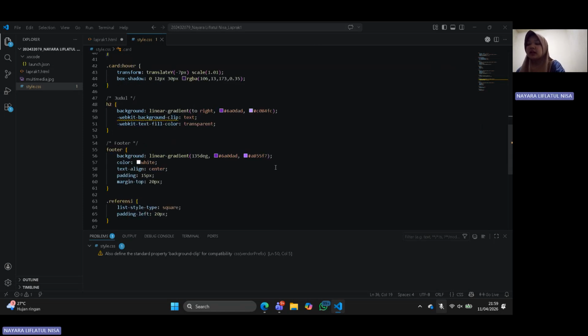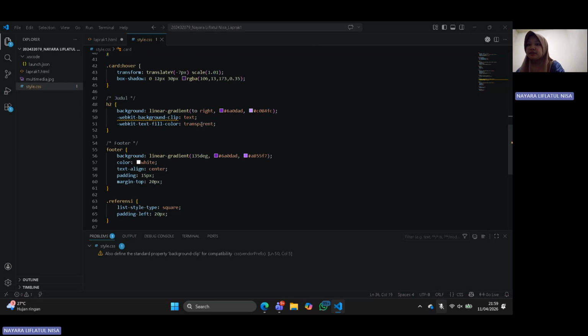Hover effect. I add a hover effect to the card when the user moves the cursor over the card. It slightly moves up and becomes larger. This effect improves user interaction and makes the website feel more responsive.